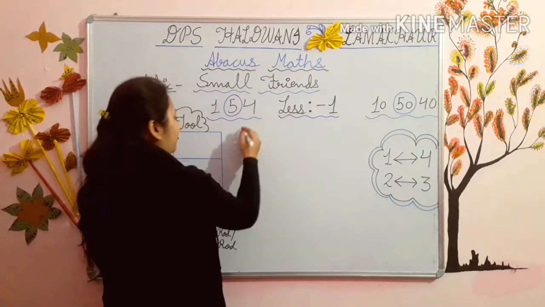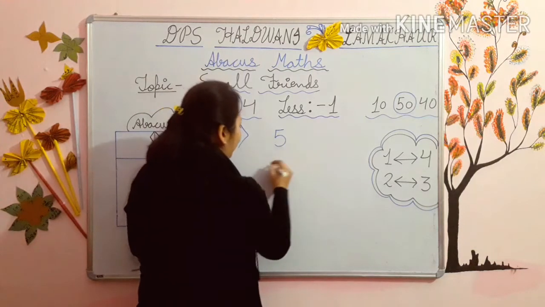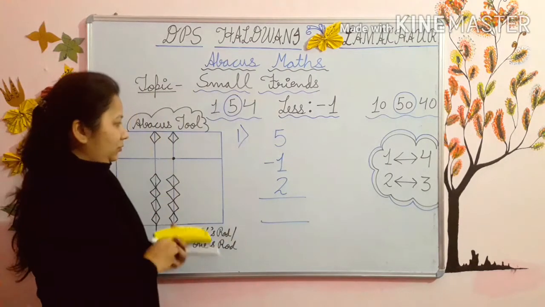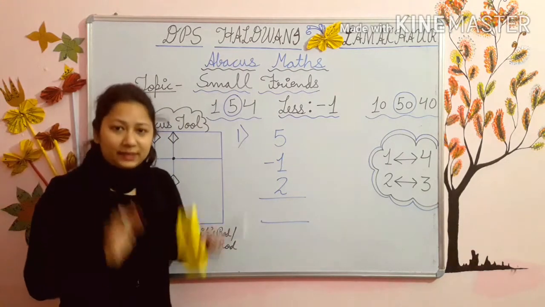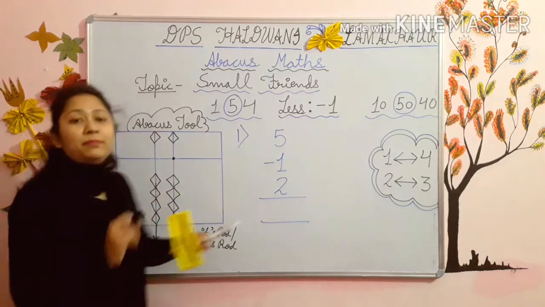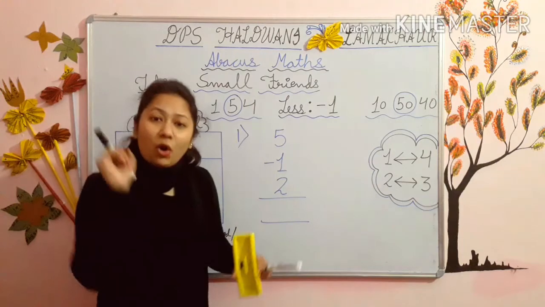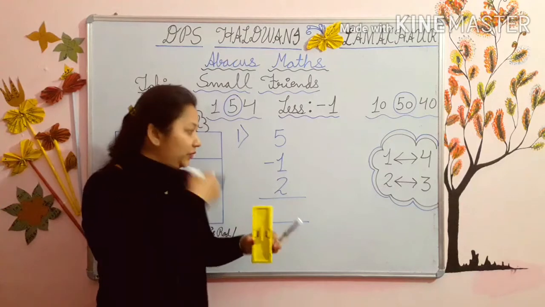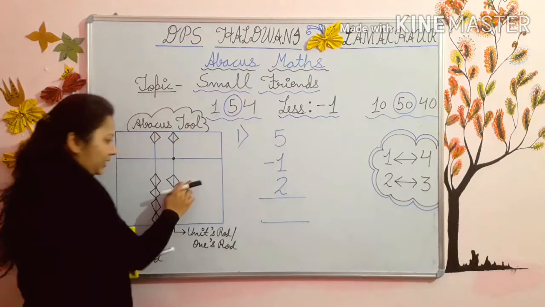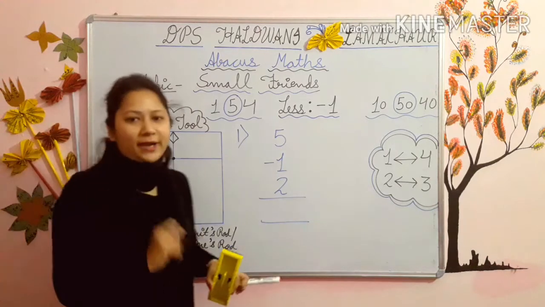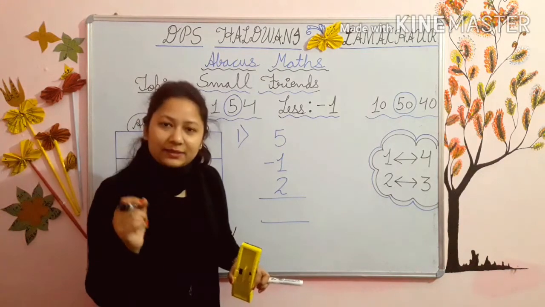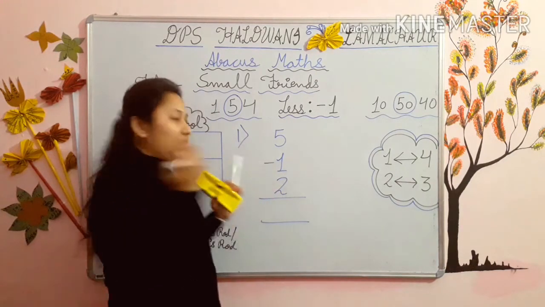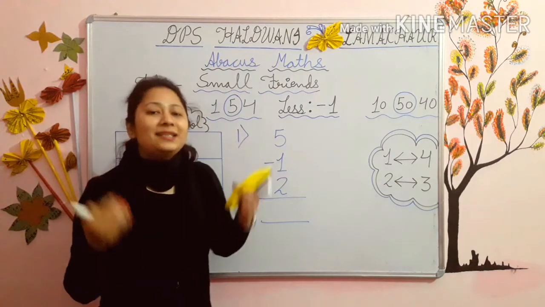So kids, our first sum is 5 minus 1. Now kids, for doing this sum, we will use the tool, and before starting, please all the students bring your tool in front of you and do with me. As I am adding a digit here, means 5 I will add here, you also add with me. The best way to learn abacus is to play my video and do with me. It will really help you to solve this sum and you will gain more.